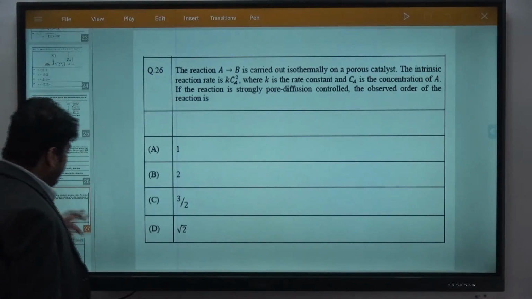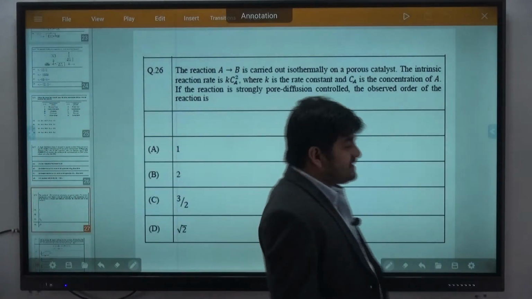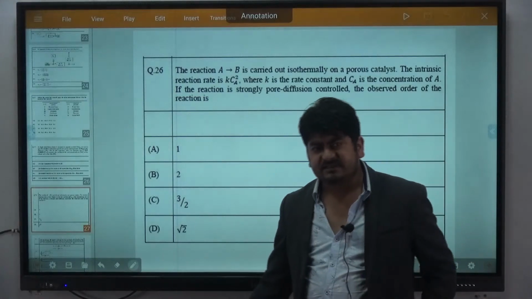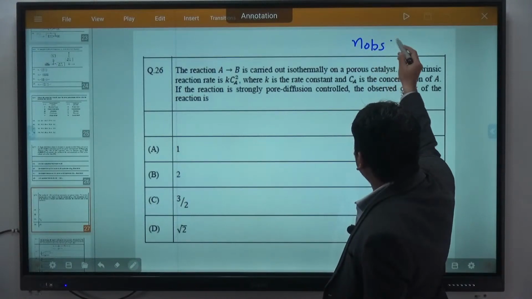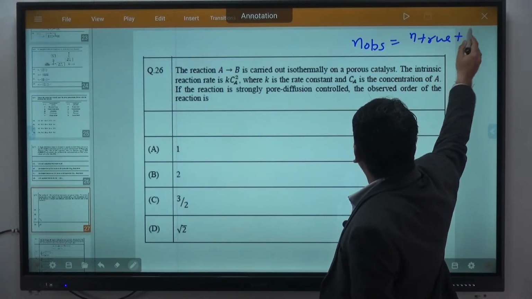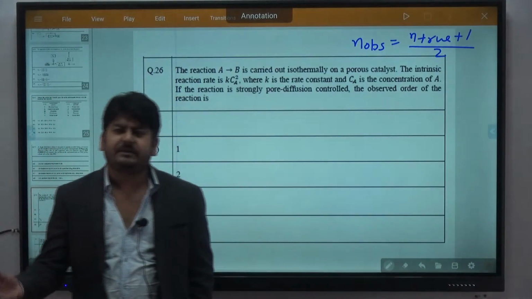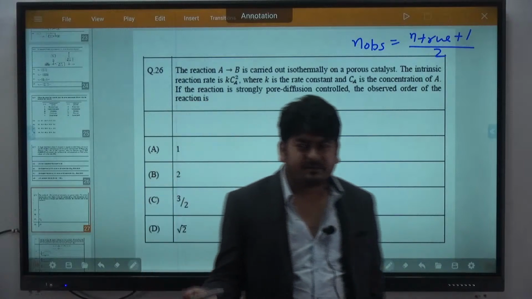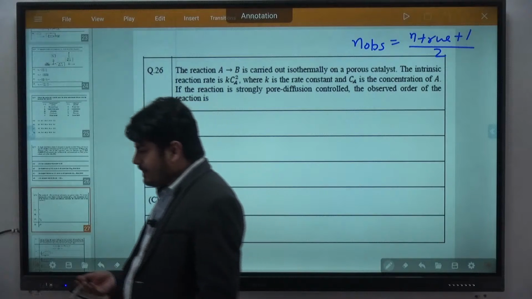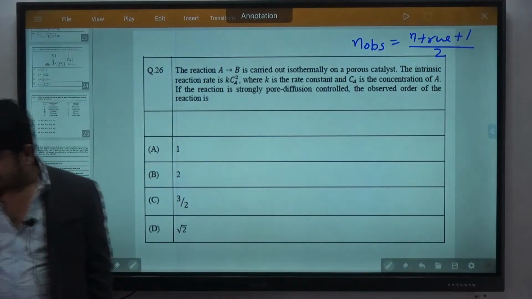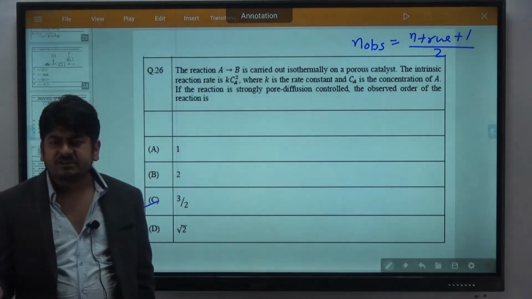I hope all of you know the answer to this question. They have asked a similar question in previous years as well. At that time, the option was n observed equal to n true plus 1 upon 2. This question was in 1998 or maybe 1999, so you can check that by yourself, where a chemical reaction was given and you have to calculate the observed order. The correct answer will be 3 by 2 here,